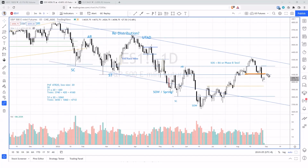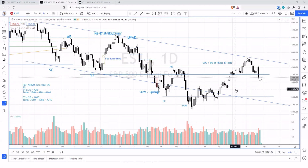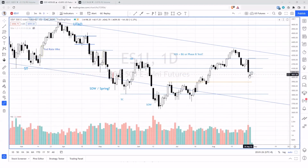Last week we talked about potential support right here. So it's testing like 4100, and this is the accumulation area, or the absorption area previously. So it actually provides some kind of support. So we did get a bounce up right here. There's definitely a bounce up, but on Friday, there's a day, Jackson Hole, where the stock